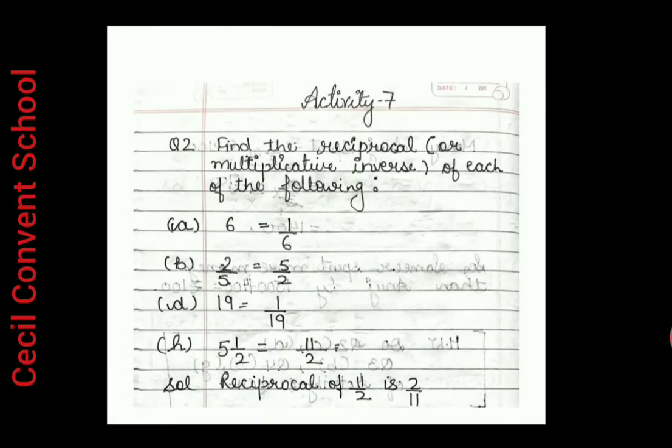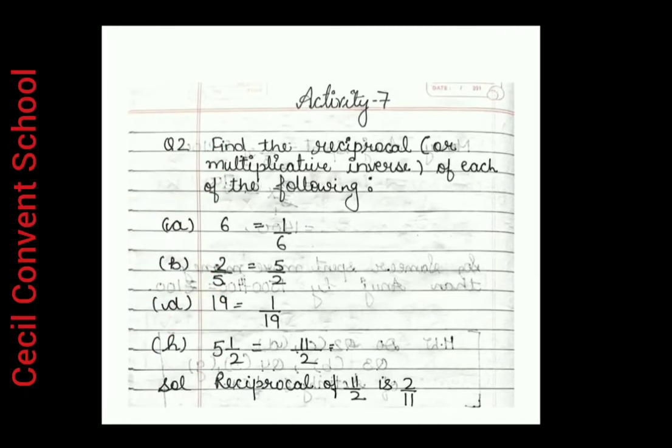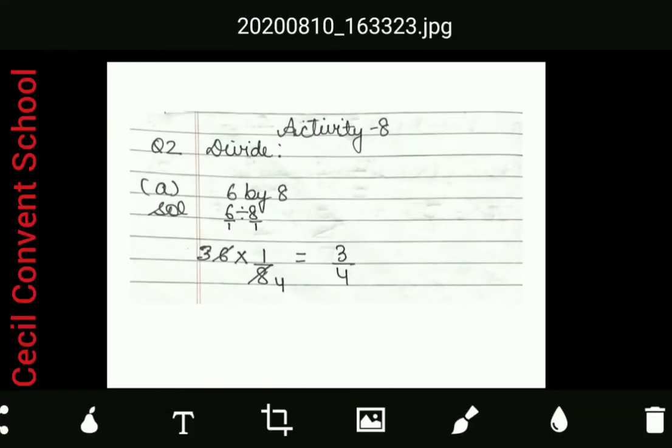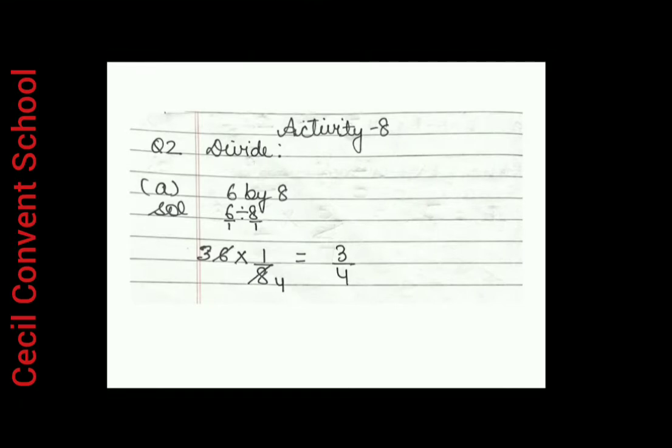Now student, we do activity 8 and activity 7 which I explained to you. Question number 2, that one question you have to do in your maths copy. And activity 8 also question number 2, A part we will do in a maths copy. You have to write down the date in the notebook also. Clear? Question number 2. In activity 8 basically, student, we have to do division of fractions. What is division of fractions? To divide a number by a number, we simply multiply the number by the reciprocal of that other number. Clear? I will explain to you how.